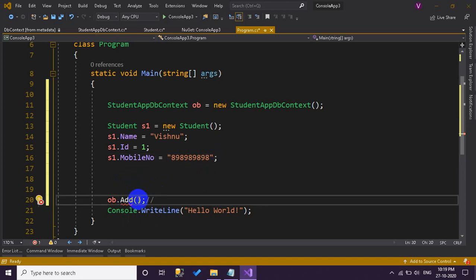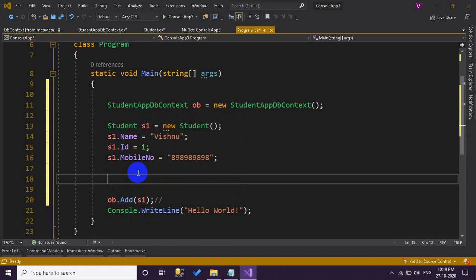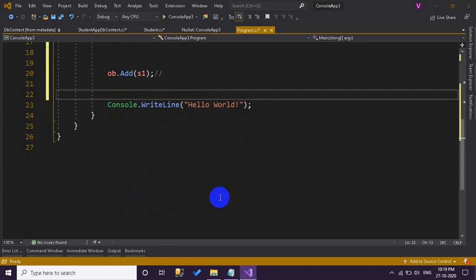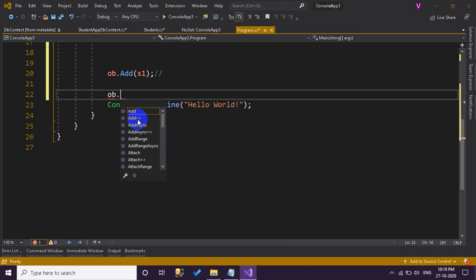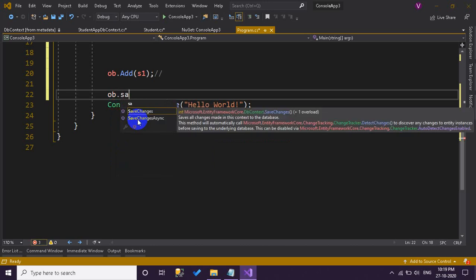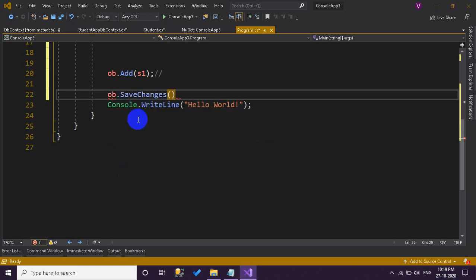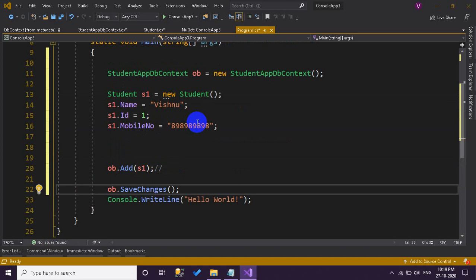And you have to provide that s1 object here. The important thing is you have to save your changes. This is the main function call. Now we can build our application.